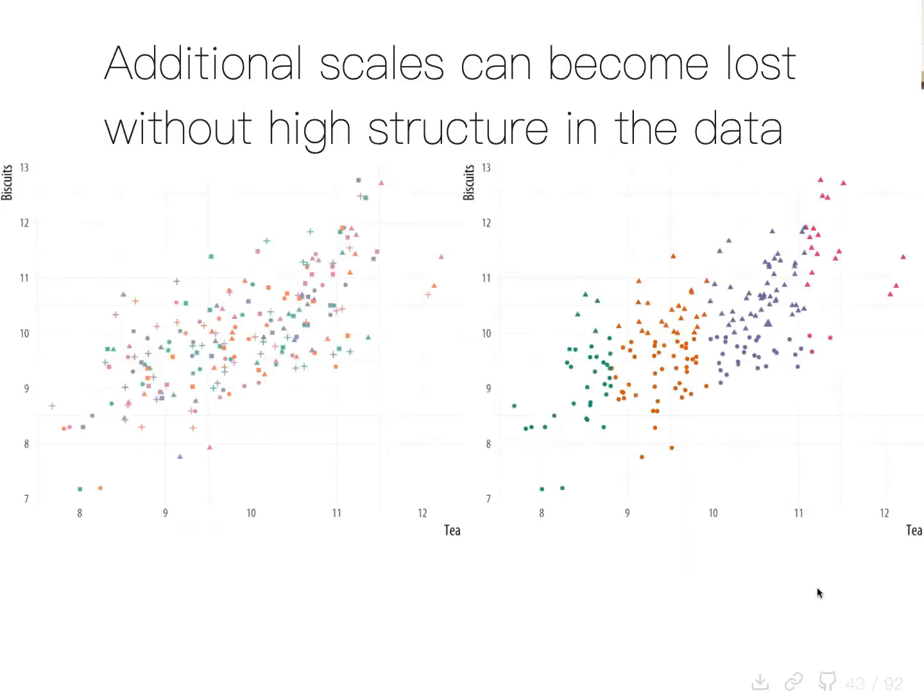And this is a better example of it, where you can see when there's tons of structure in the data here, you can almost draw a horizontal line separating the circles from the triangles. And then you can very clearly draw vertical lines separating the colors, right? When there's a ton of structure